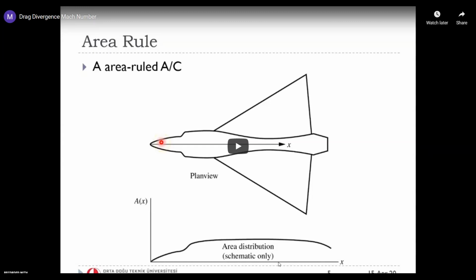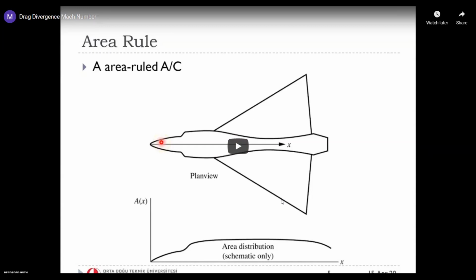Okay, any questions? Hocam, about that area distribution of area ruled aircraft, why is it like it doesn't change in X? I didn't understand that part, I think. I mean, when you plot the cross-sectional area of the aircraft, right? Normally,